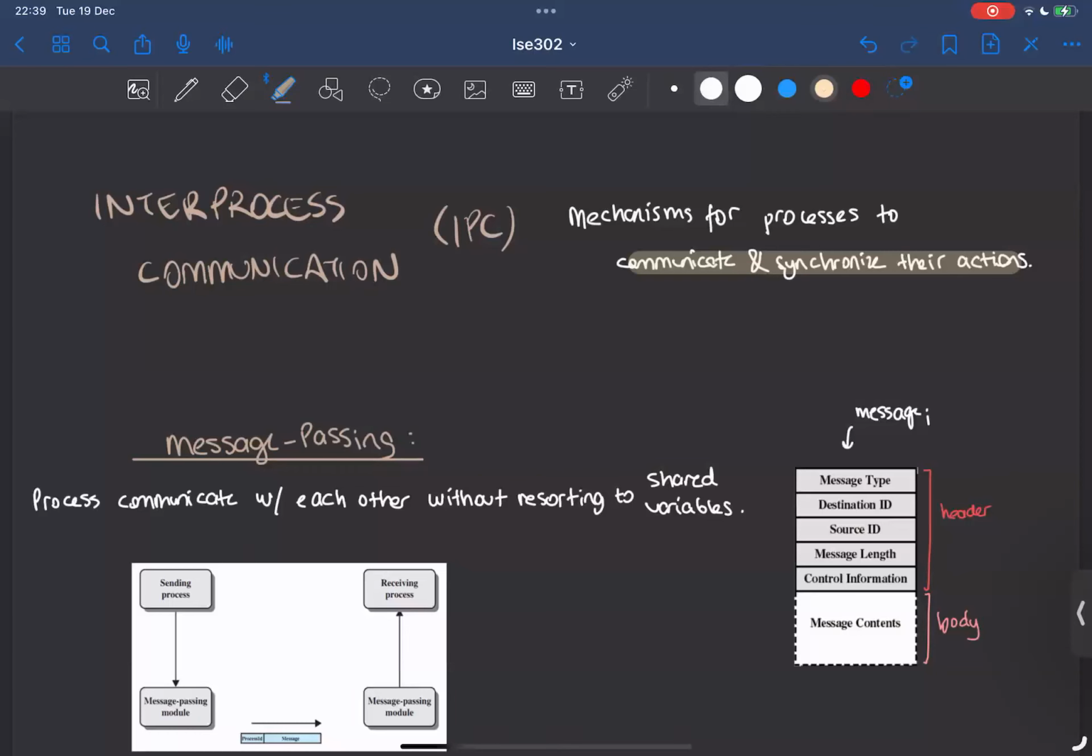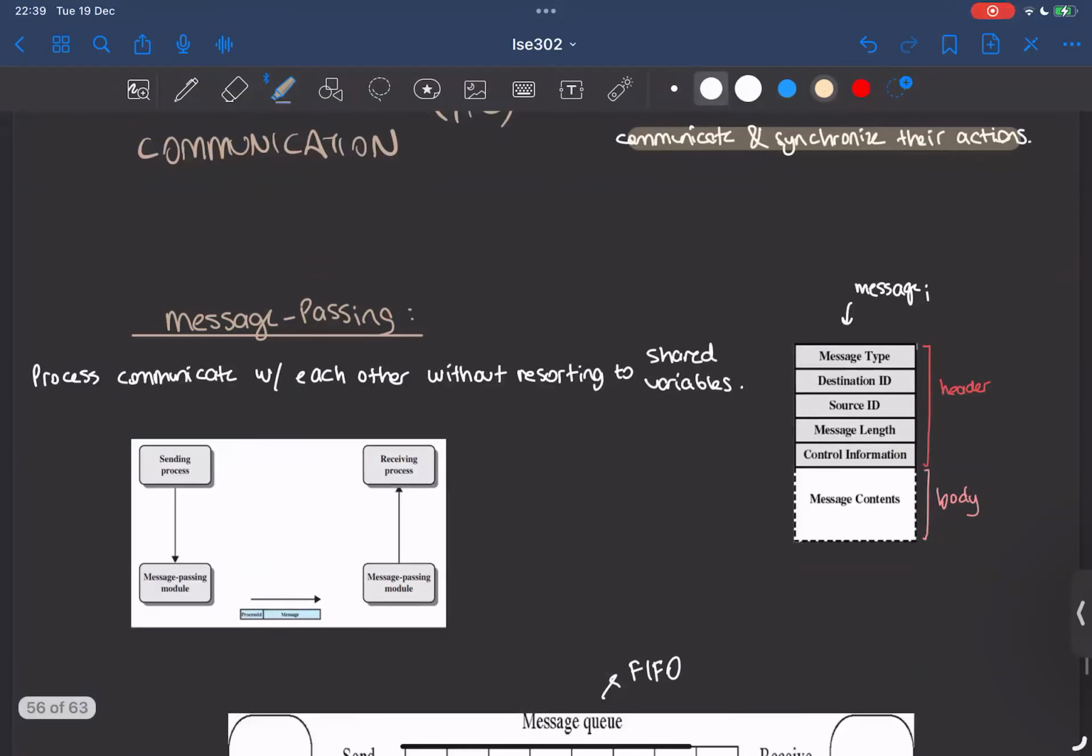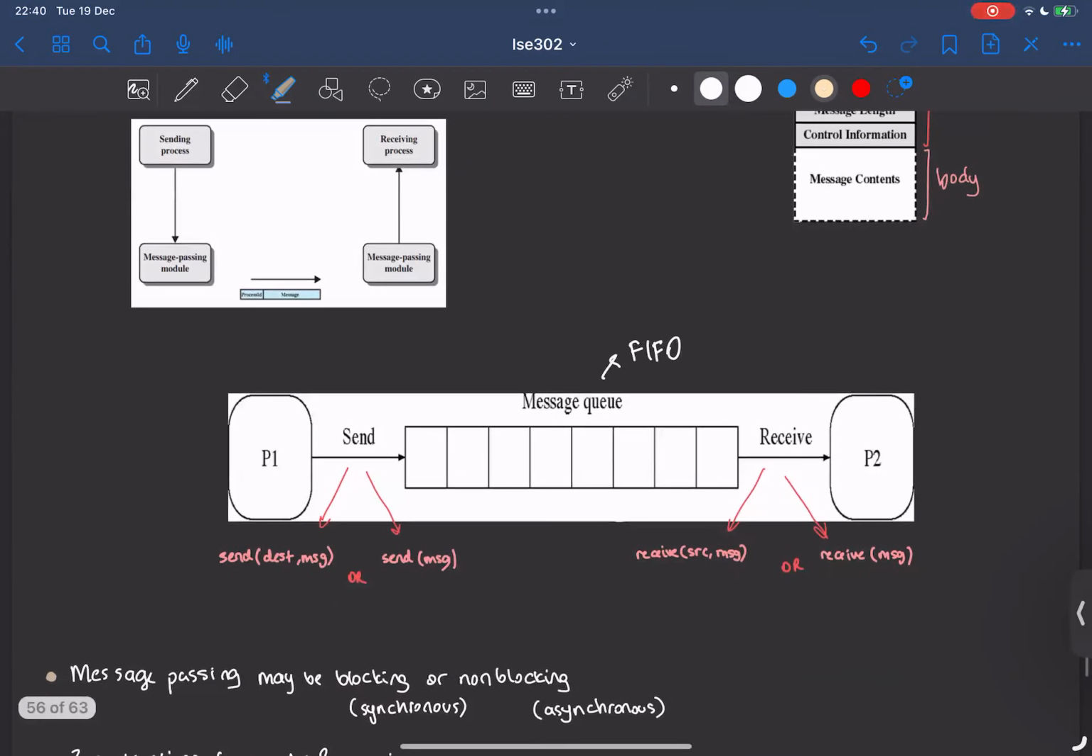So the first kind of interprocess communication is message passing. In message passing, processes send and receive messages and queue messages for processing in an arbitrary order. It is characterized by two essential primitives, send and receive. They facilitate the sending and receiving of information by acting as digital ambassadors. Okay. So processes can send messages by using the send operation,